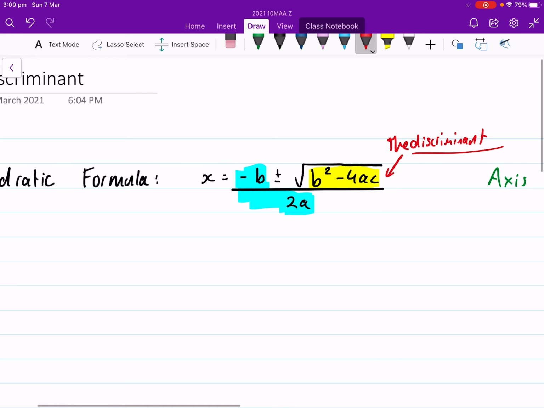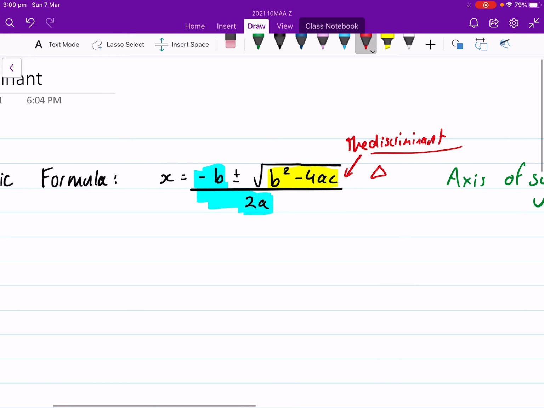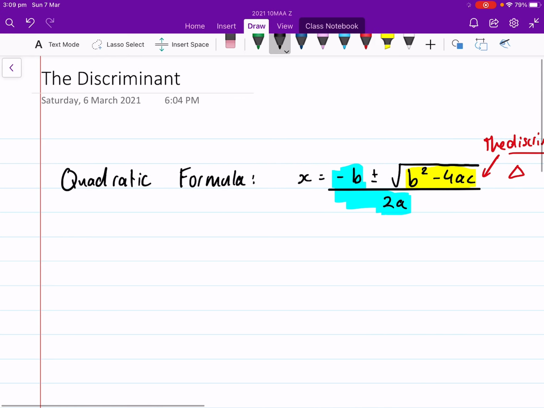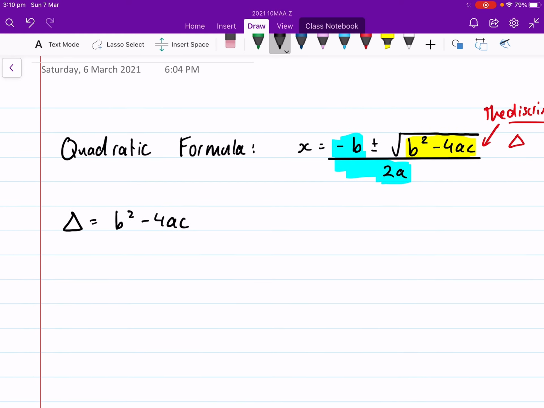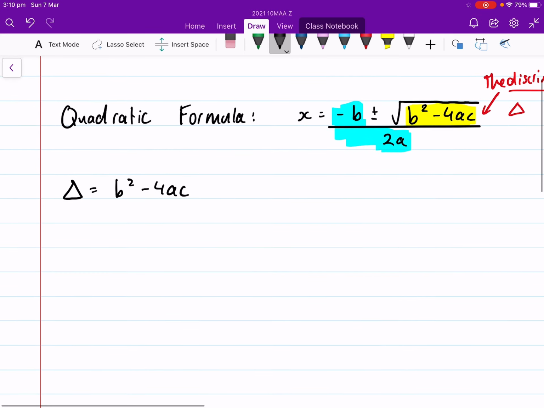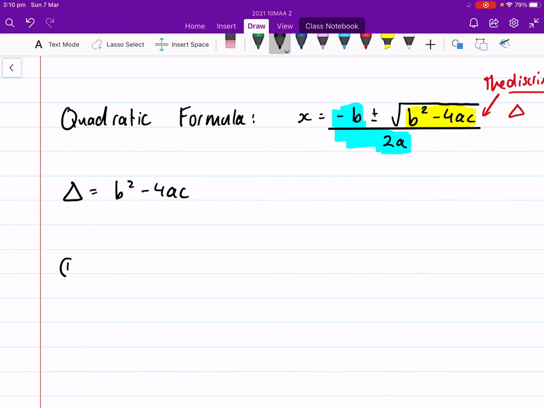Okay, and we can denote that by using a triangle. So if I were to actually write that over here on the left, with the triangle, the discriminant is equal to b squared minus 4ac, okay? And let's look at three separate cases. So here, the very first case that we're going to look at